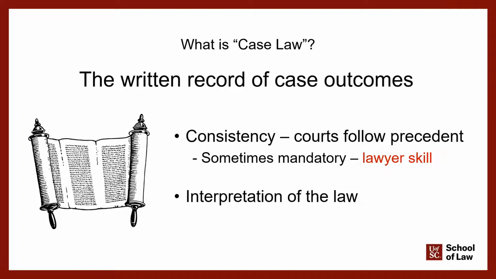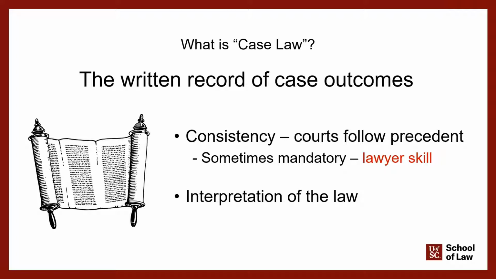Now, sometimes they're mandatory, meaning another court has to follow the decision, and sometimes they're not mandatory. Making that determination is not your job. That's a lawyer's job, and you don't want to get yourself caught in the trap of doing it. You don't really need to know whether it's mandatory, but it helps to understand that courts are trying to be consistent. That's why we look at what past courts have done with similar situations and how they interpreted a law